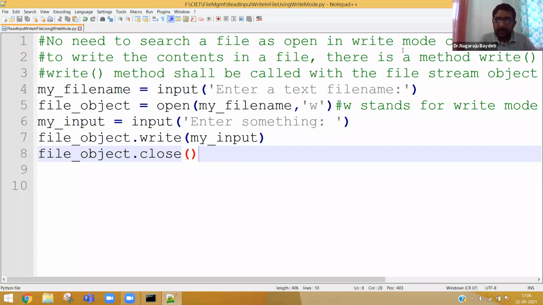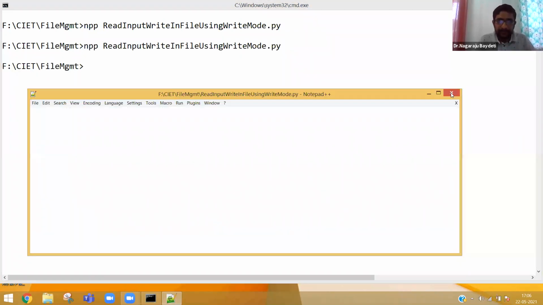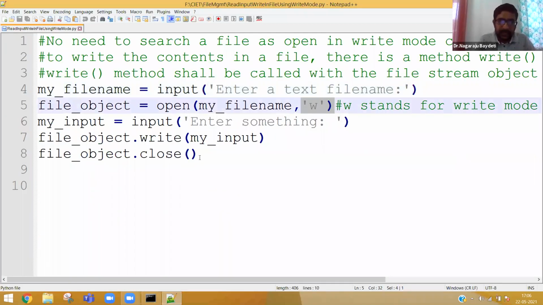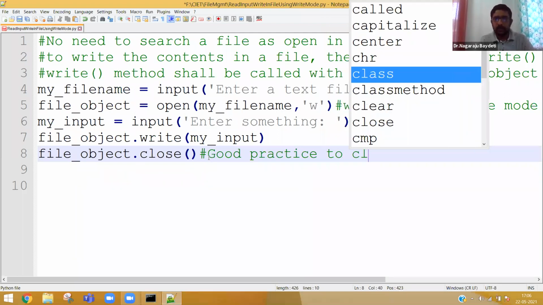You know, after your work is done, usually you will close all the files, no? That is manual, so for example, I can come here and if I click this cross button, it's closed, no? That is closing a file manually. So what I am trying to do is systematically, we opened a file in write mode, so systematically, I am trying to close the file. It's a good programming practice to close a file.